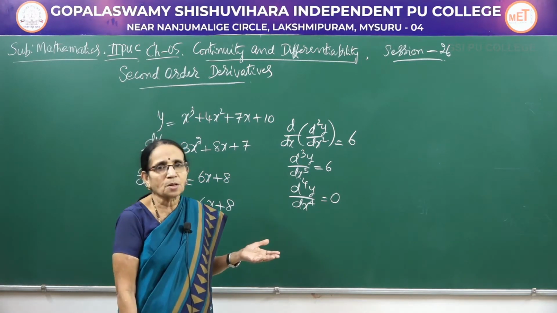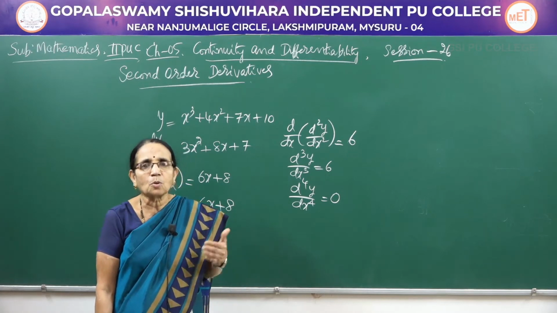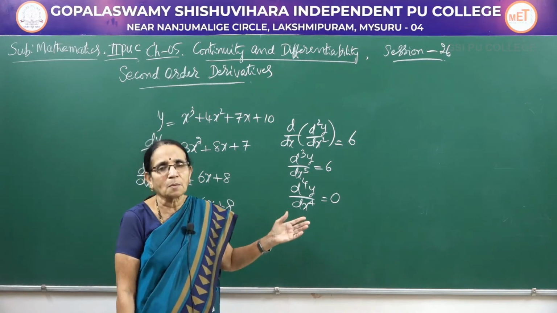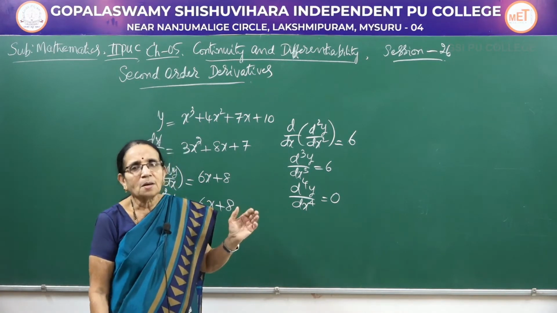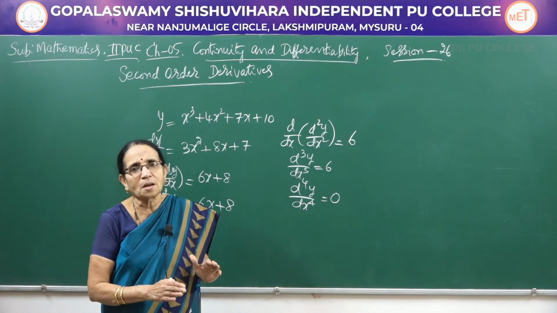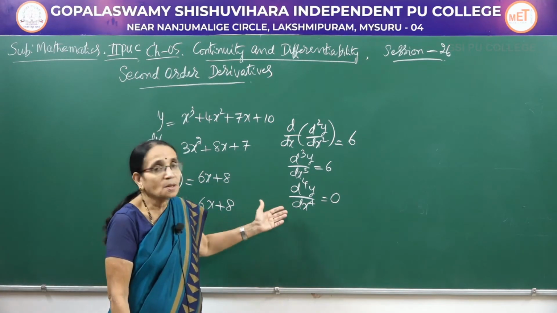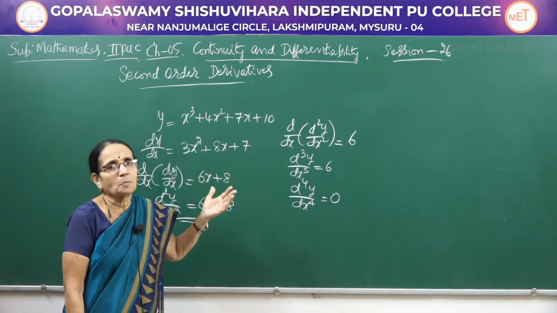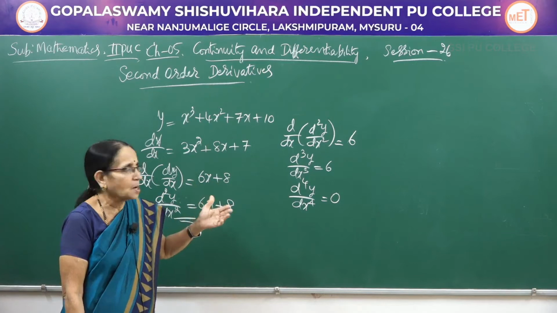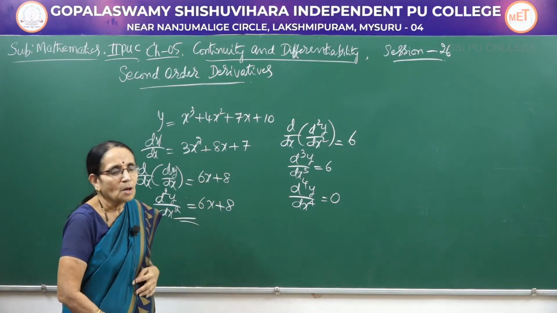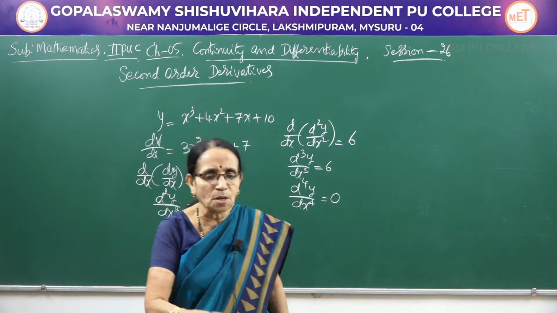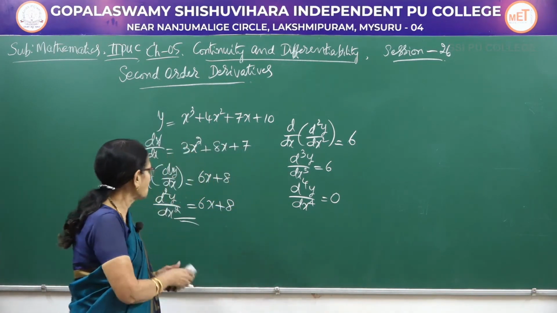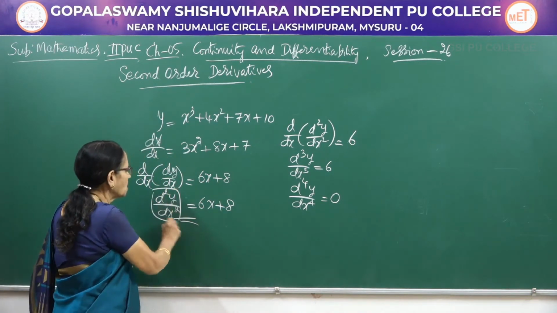Sometimes if it's a composite function, you may have to apply the chain rule, product rule, quotient rule, logarithmic differentiation, whatever may be the method, whatever may be the function we will be getting, we differentiate once, then rearrange the terms, differentiate for the second time. So that is known as the second derivative. So after differentiation, if the function is differentiable, that means it can be differentiated, then we go for the second derivative. So when your function is differentiated 2 times, we call it the second order derivative. So it is written as d square y by dx square.